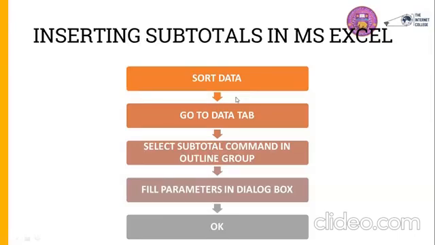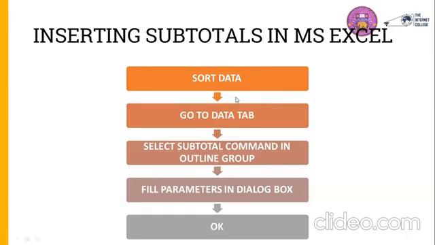So one way to do it, I keep checking which course everybody belongs to, and then I calculate the subtotal, apply the sum function. But that becomes a very tedious and tiresome process if I have a large data set. So Excel allows me to automatically calculate subtotals, and that is what we will learn here.